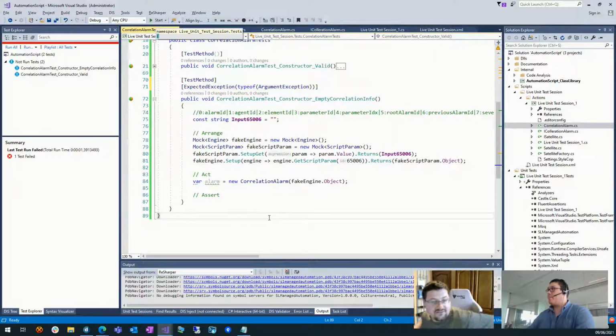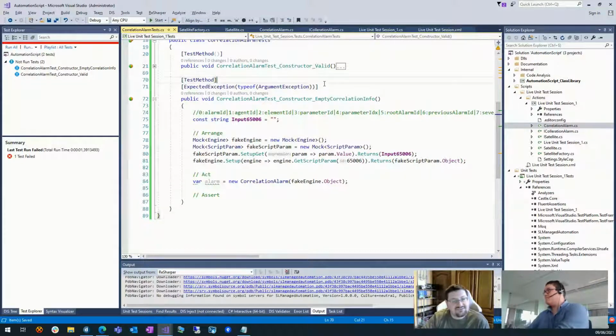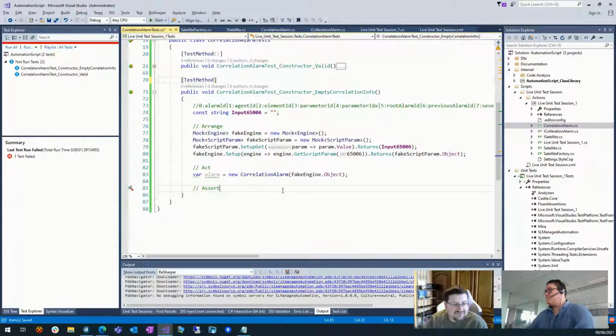Exactly. Now, this works, but it's so basic. I mean, there's an argument exception, but are we sure it's the right one? Are we getting the correct message that we want to show to the users if something goes wrong? There's a better way of doing that. FluentAssertions to our rescue again. So let's remove the argument here. FluentAssertions will give us a nice way of checking for exceptions. Again, very nice tip for everyone writing unit tests.